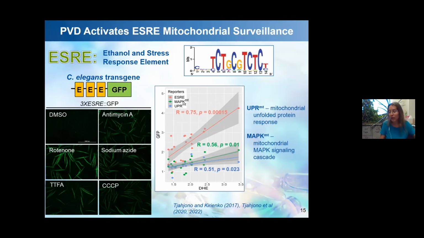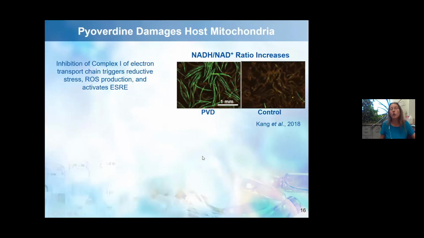One of the ways to do it is to interfere with the electron transport chain, because then more electrons can aberrantly go to oxygen, resulting in the production of superoxide radical. So here we use a reporter for complex 1 that will monitor the NADH to NAD plus ratio. Normally, complex 1 oxidizes NADH to NAD plus, and there should be virtually no green fluorescence. However, in the presence of pyrogen, we see a buildup in NADH, which correlates with complex 1 dysfunction.